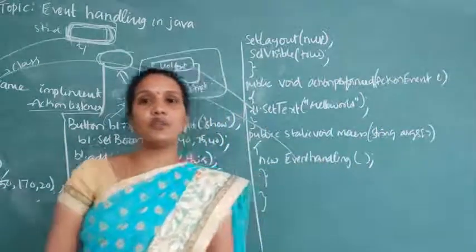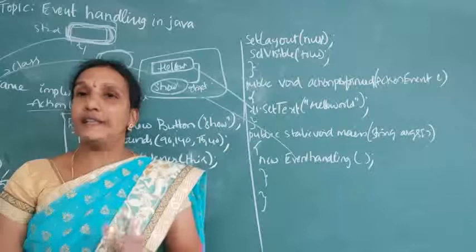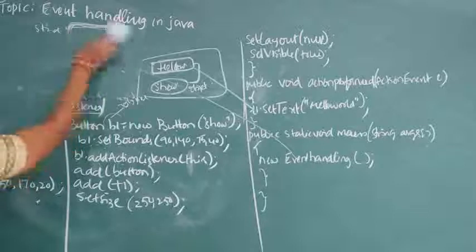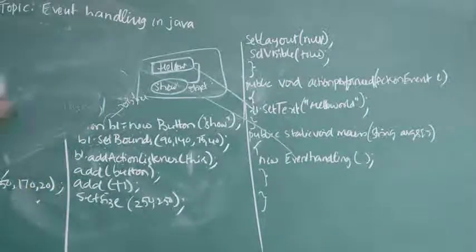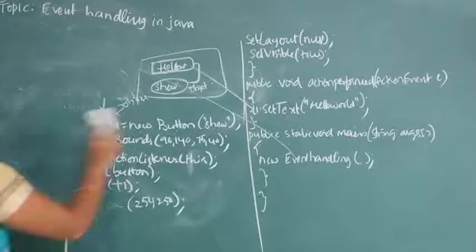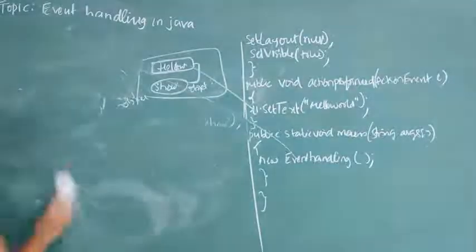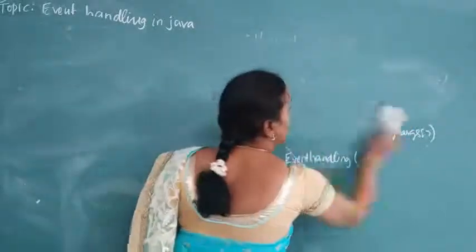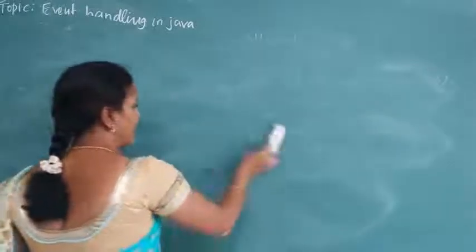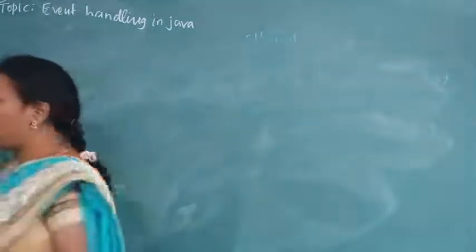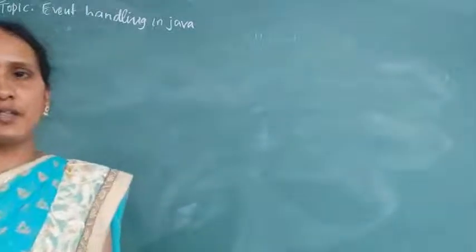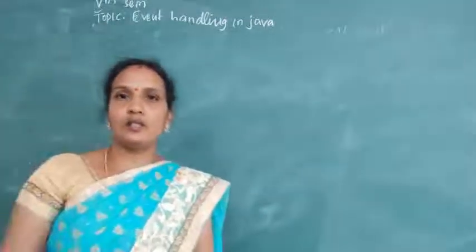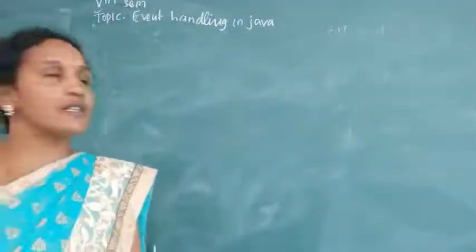So in order to perform event handling, Java is supporting the delegation model. Delegation model means in the delegation model we have two things. One is the source and the second one is the listener. Source is nothing but what generates an event and the listeners will handle the event. So whenever you are generating any event, for each and every event there should be an object that can handle it. First you should create an object and that should be registered with the listener. And the listener will perform the action. Okay. So this is about event handling. The next class we will discuss about AWT.